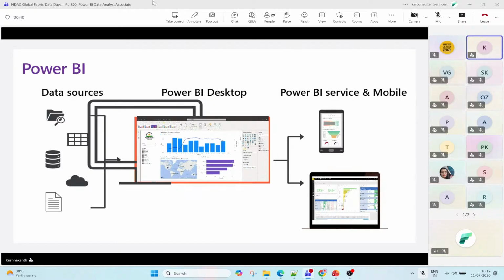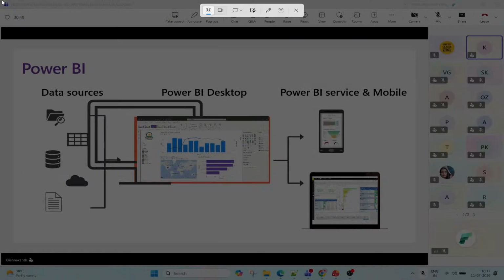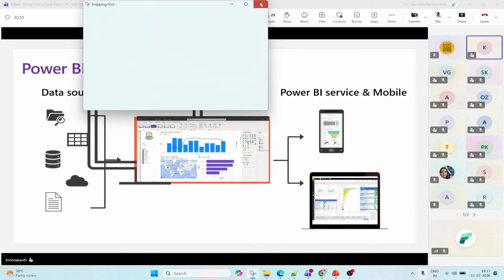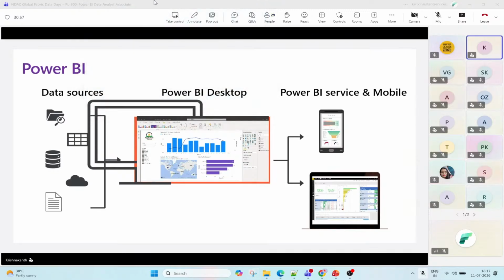We will be performing all the transformation activities, and then we will be developing the required data modeling, where we'll be providing the relationship between the tables. And post that, we'll be working on DAX functionalities depending on the requirements we have. Post that, we'll be working on the front end visualization part. So what visuals we can bring in, which makes the data storytelling, and then we'll be publishing it into the respective workspace, either through report level or mobile, whichever the user stakeholder is looking for. So that's how this is at the high level.